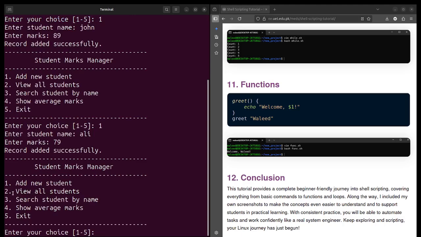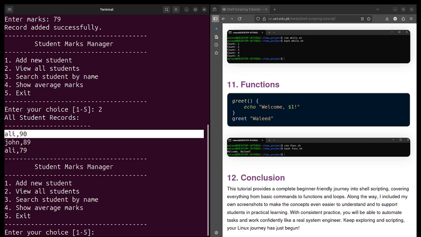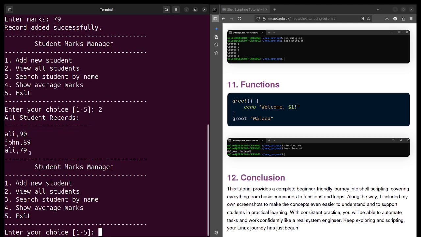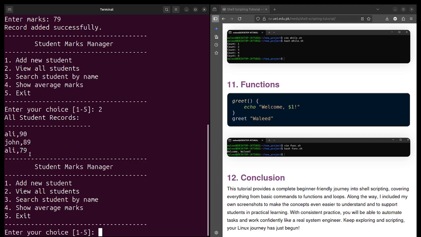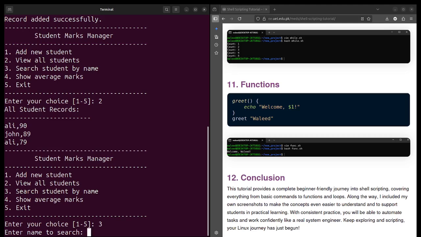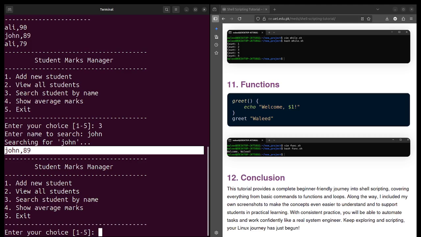Now if I want to view all the students, I just press 2, and it will show me that Ali has 90, John has 89, Ali has 79. This Ali I had added earlier, so that's why it is showing. For now I have added John, whose marks are 89, and Ali, whose marks are 79. Now if I want to search a student by name, I will go with option 3, and let's suppose I want to search for John, it will show me the marks of John, which are 89.